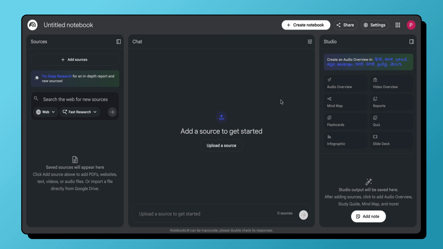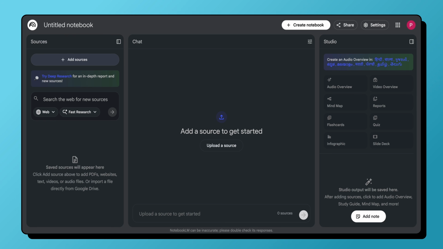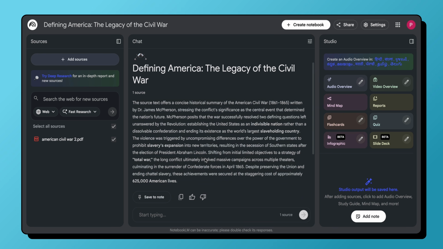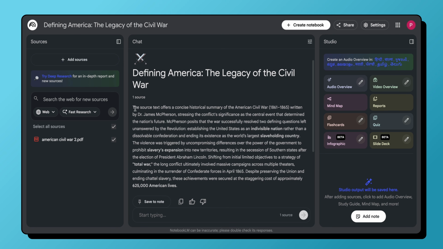So let's get started. The first use case that we're going to talk about is lesson planning in Notebook LM. When you open Notebook LM, this screen will pop up. You can start by adding sources. Notebook LM will scan through your resource, whether it's a PDF or a Google Doc or whatever resource that you want to add. Notebook LM has extracted key information from the PDF that I've added.